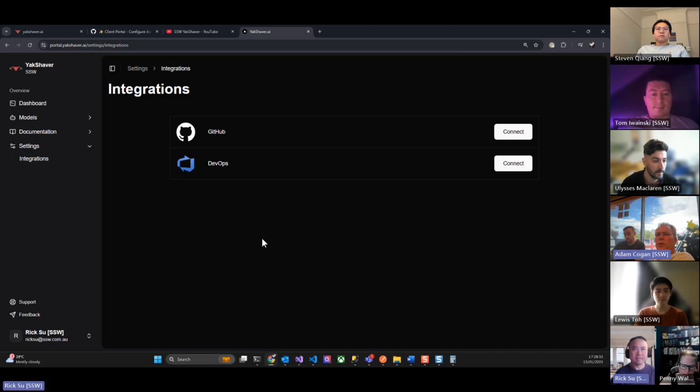Just a small thing on the UI. I don't think you use overview on the left-hand nav, so I think that's unnecessary. I'd kill the word overview. It doesn't do anything. And I'd have a bit of a gap between each one, just a little bit more of a gap between dashboard and models and documentation. You've got plenty of space there. Yep. And yeah, I think this is going to need a proper kind of